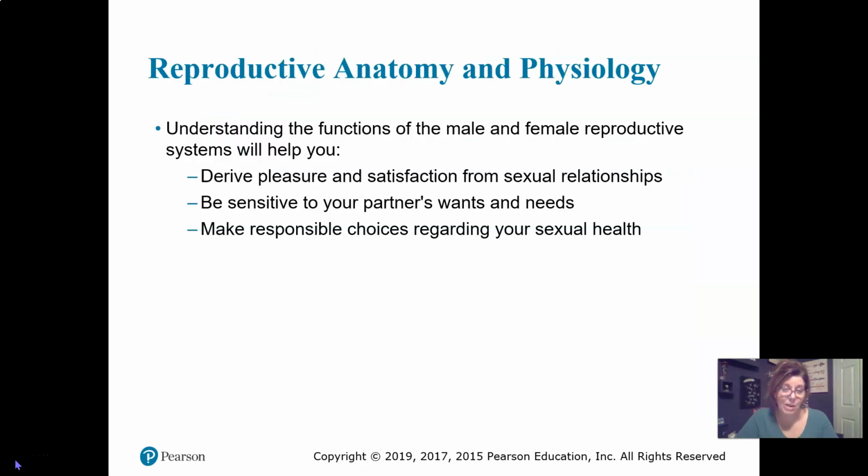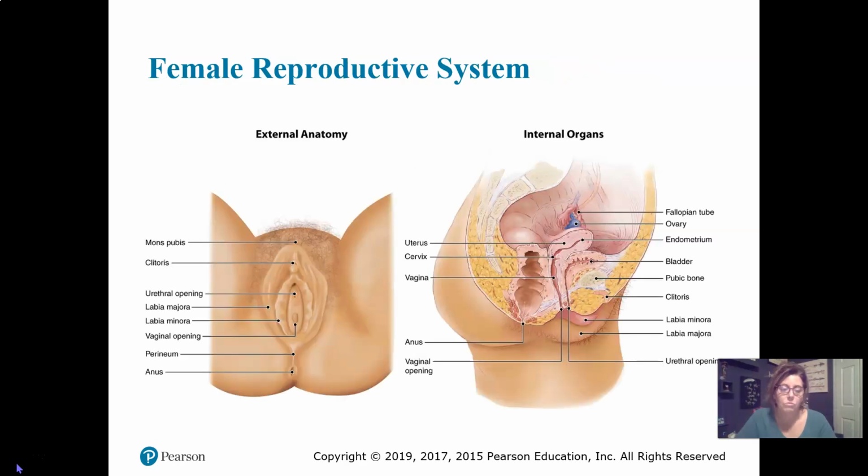I think if we're going to be talking about human sexuality, it's only right that we talk about reproductive anatomy and physiology. Understanding the functions of male and female reproductive systems is really going to help to derive pleasure and satisfaction from sexual relationships, be sensitive to your partner's wants and needs, and make responsible choices regarding your sexual health. So the female reproductive system includes two major groups of structures, the external genitals and the